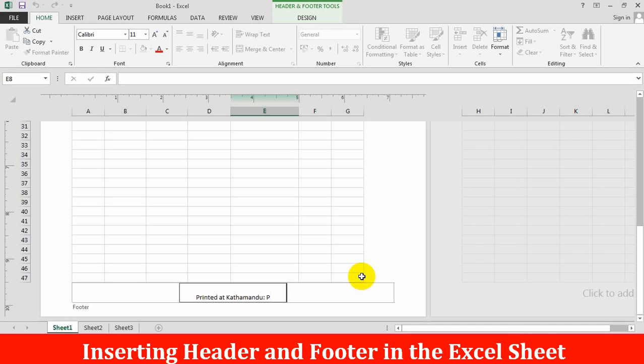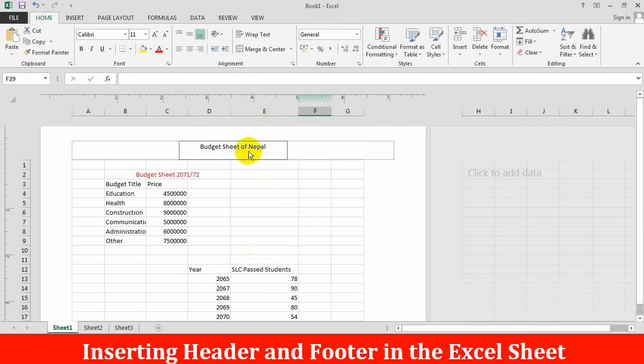Phone number. Okay, suppose this is the footer note, and in the header you can see budget sheet of Nepal, budget sheet book, 2017 June.